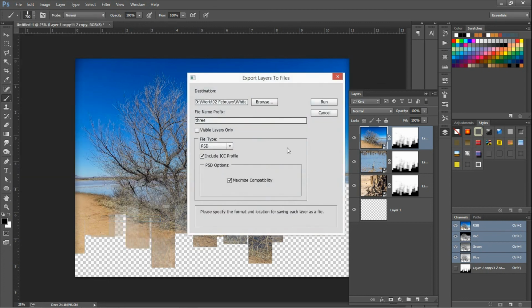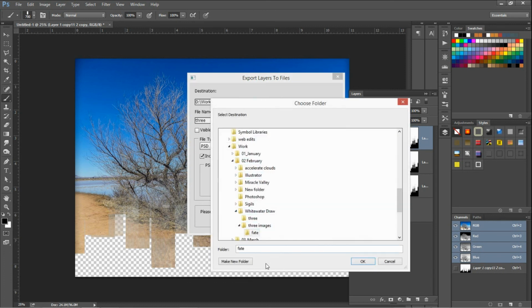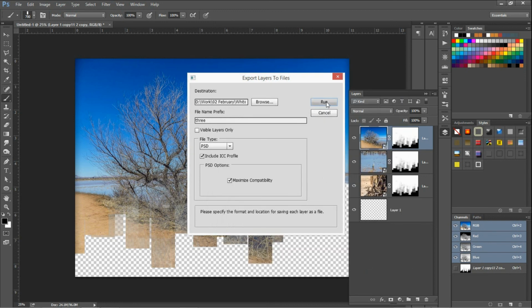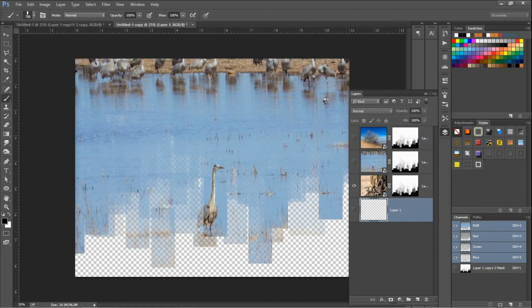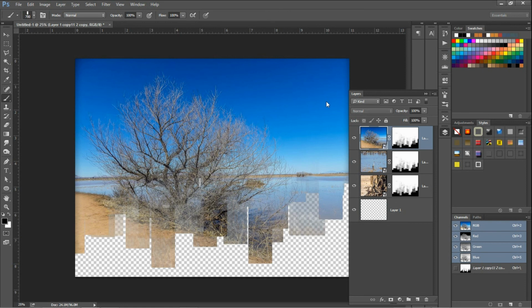And what Photoshop will do now is it'll allow you to make a new folder and save those images as independent images. So you'll have 3 separate Photoshop documents